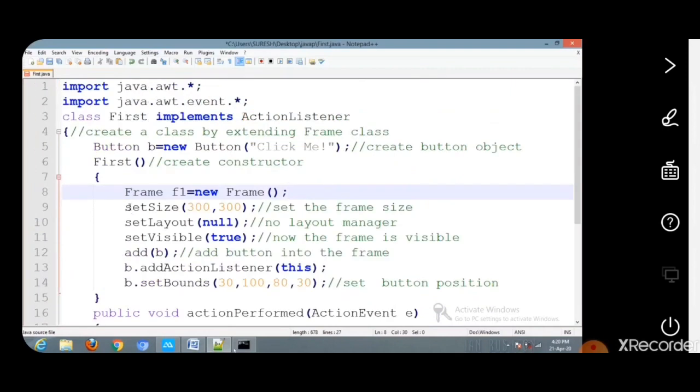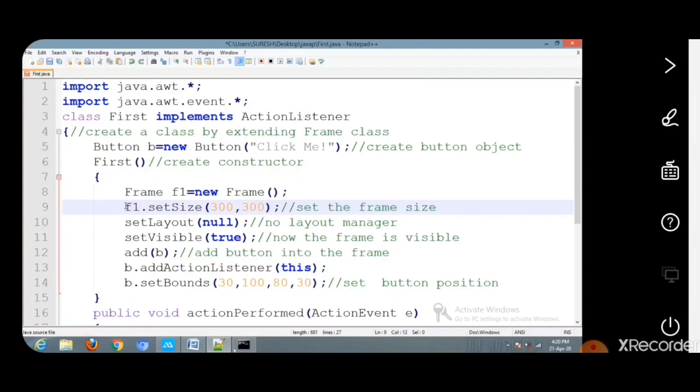Then the changes occurring in the previous example: we just have to define setSize, setLayout, setVisible. But all these methods belong to the Component class. In order to access the methods in the Component class, we have to use the object which we created corresponding to the frame class. That is object name dot method name.